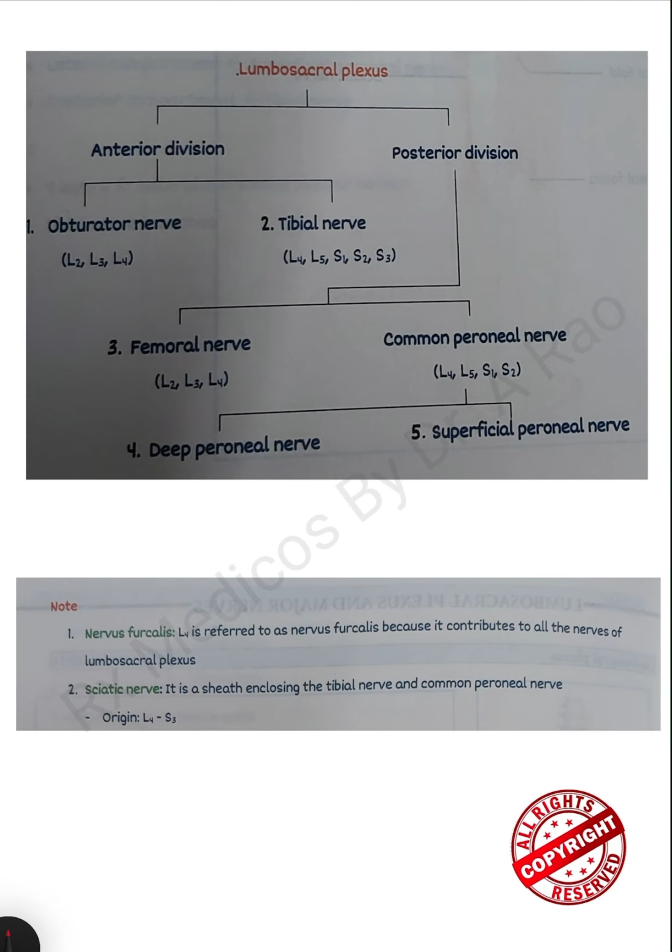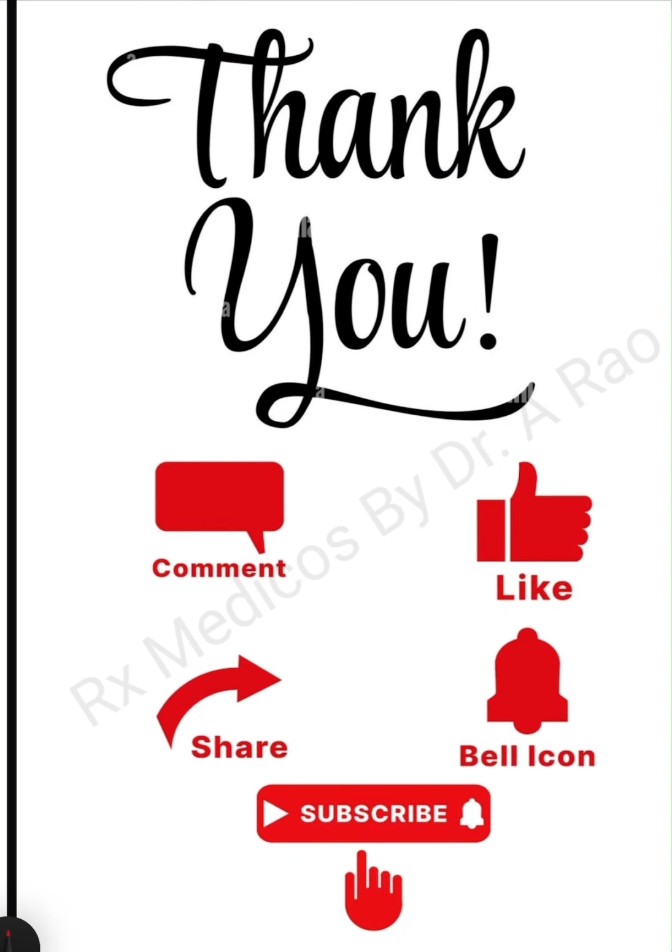We have also made a chart here which discusses the posterior and anterior divisions, all the nerves arising from those divisions and their root values, which we have discussed already. And we have two note points here. We have to remember nervus furcalis: I had already told you that L4 is referred to as nervus furcalis because it contributes to the formation of all the nerves. And the sciatic nerve is nothing but a sheath enclosing the tibial nerve and common peroneal nerve, in which the tibial nerve lies medially and the common peroneal nerve lies laterally, and at the upper part of the popliteal fossa it divides into the tibial and the common peroneal nerve. That's all about the lumbosacral plexus and the nerve supply of the lumbosacral